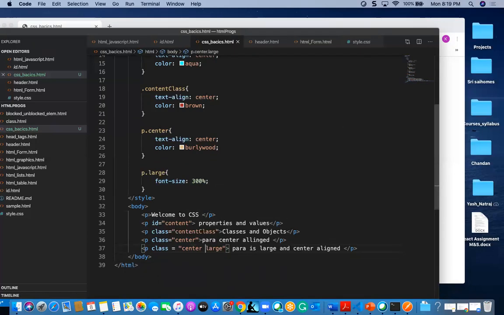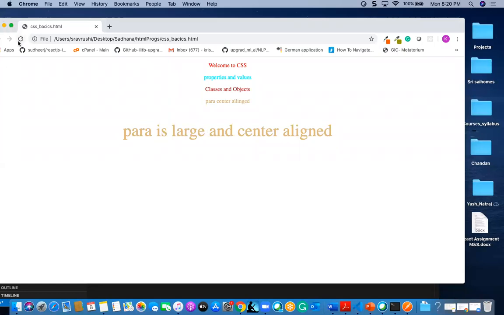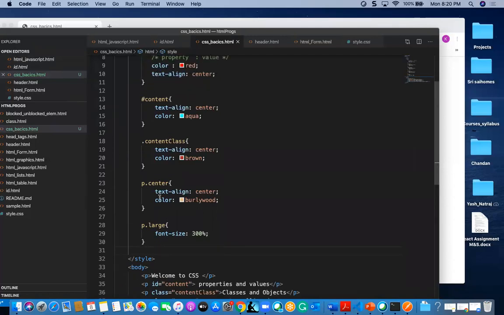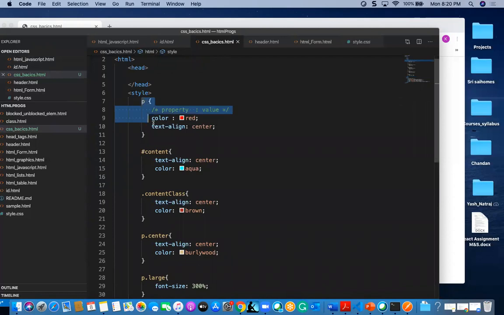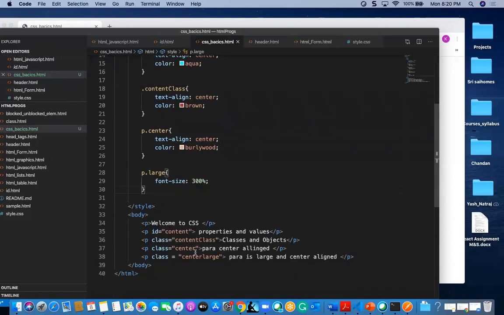Then if we combine like this, it won't get detected. See, it won't get detected. Why? Because the default value it is taking is the para value. But if we want to give this, it will become one single string.